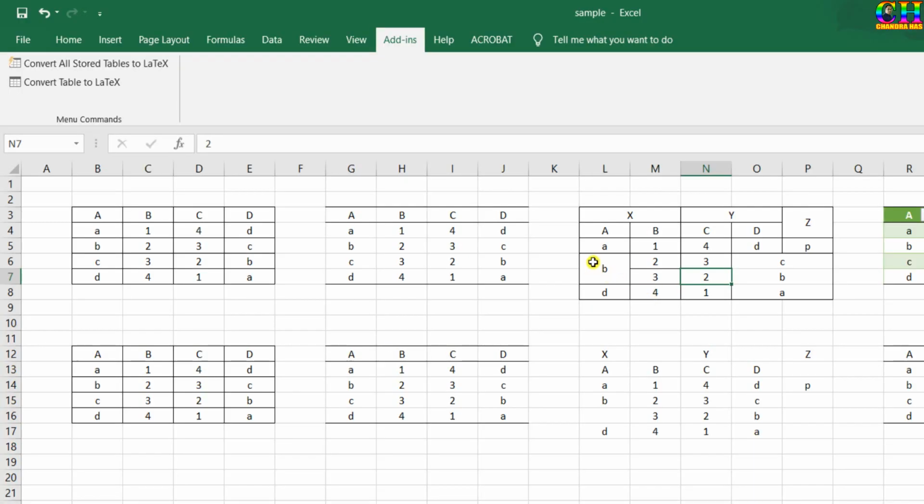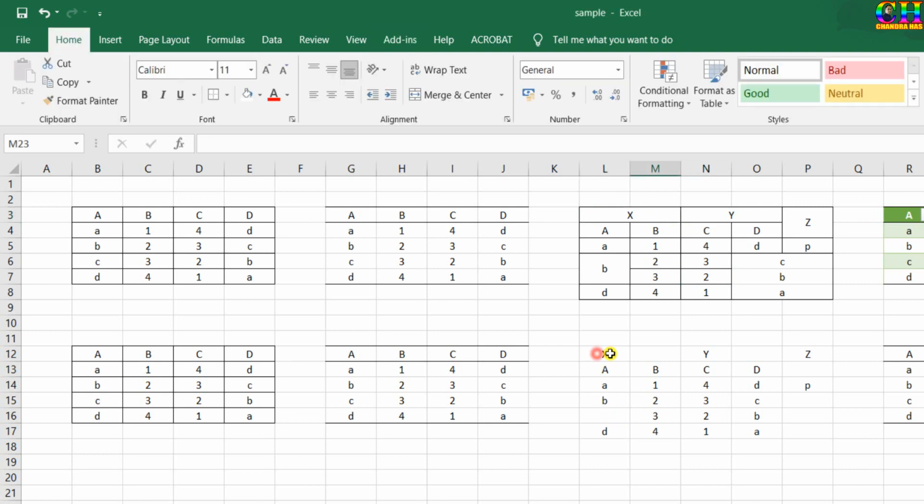In this table, multi-rows and multi-columns have been used. Select these two columns. Go to merge and center. Here two rows have been merged.